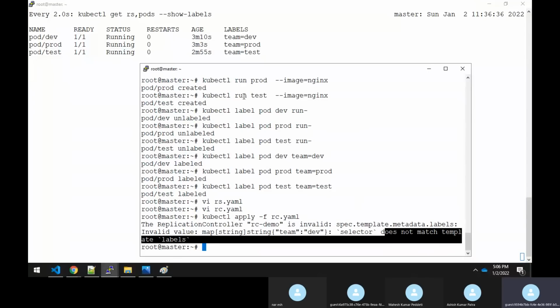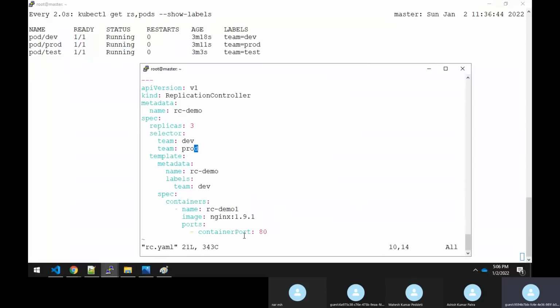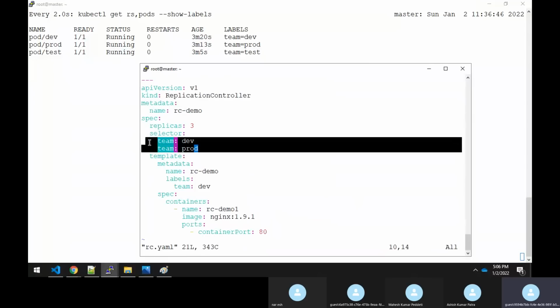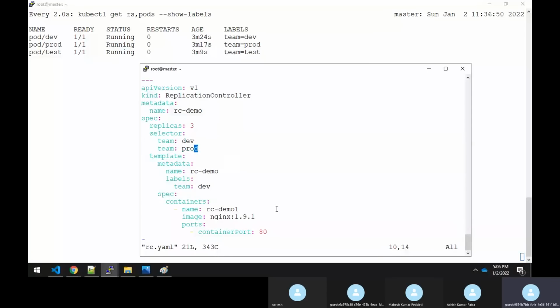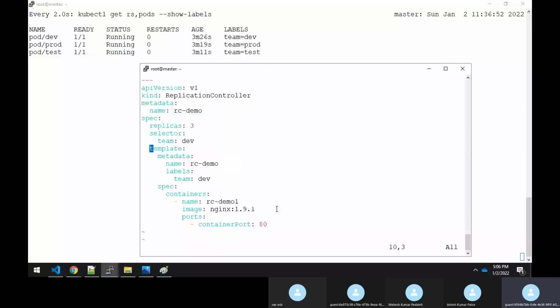Only one template label it will match, not multiples. That is the difference between your replication controller as well as replica set. The replication controller doesn't support more than one label, so you have to remove this. Whereas in a replica set, you will have multiple labels.